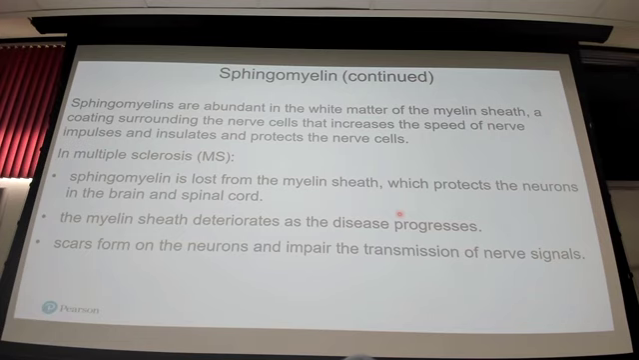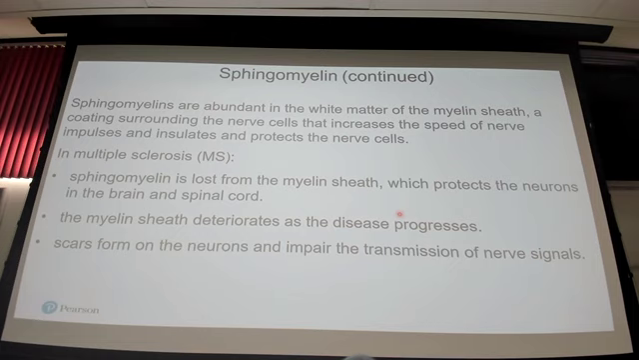So, sphingomyelin is very important as a component of the white matter, the myelin sheath. We know the myelin sheath protects nerve cells and aids in neurotransmission. So what happens in multiple sclerosis is the sphingomyelin is lost and it continues to deteriorate. And so that loss of sphingomyelin in the myelin sheath is what causes the disease to progress, and then